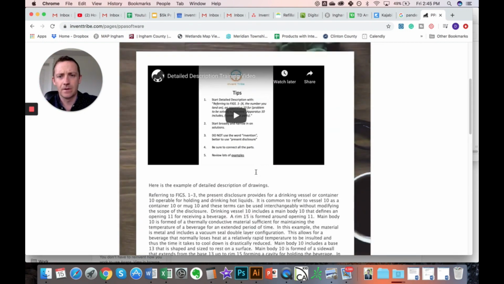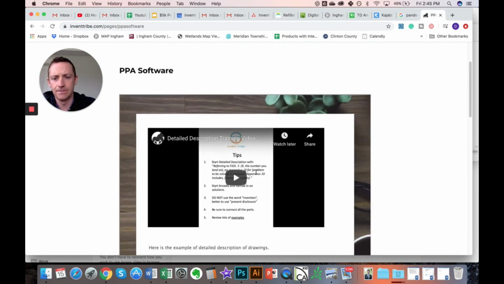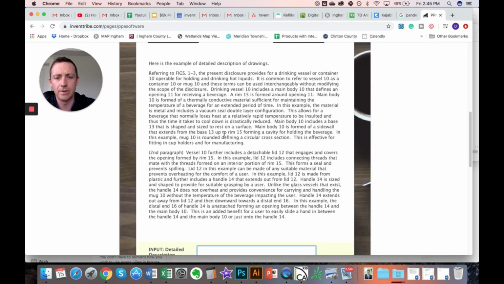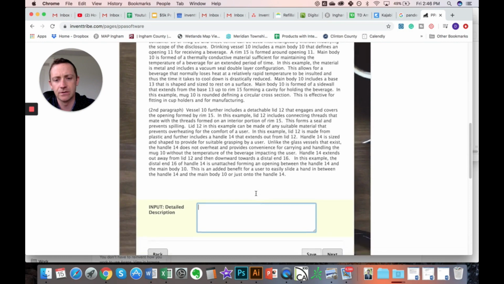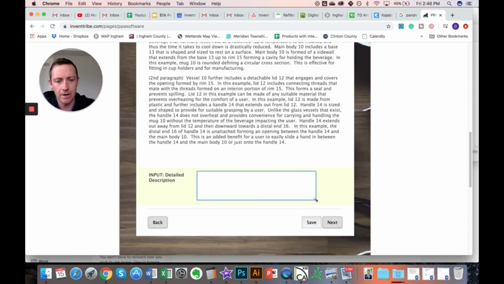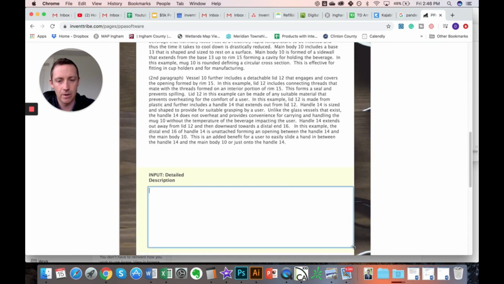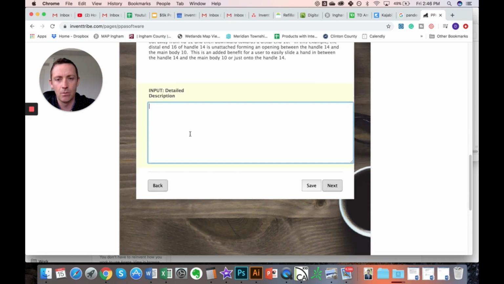And then this here is the detailed description. This is one of the bigger parts of the provisional patent application. This is where you're going to outline a lot about what the product is, how it works, and different details. So you can do that here, and what I recommend to people is actually to expand this box out so you can see more of what you're typing,